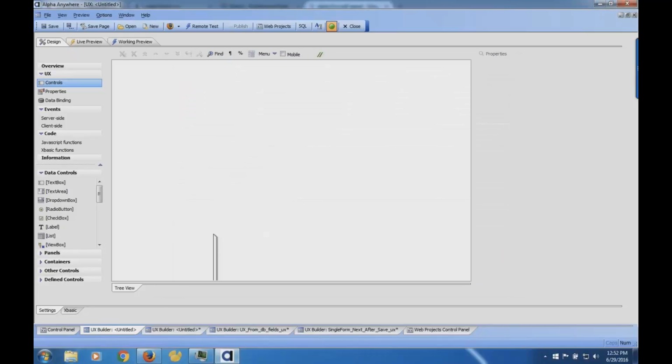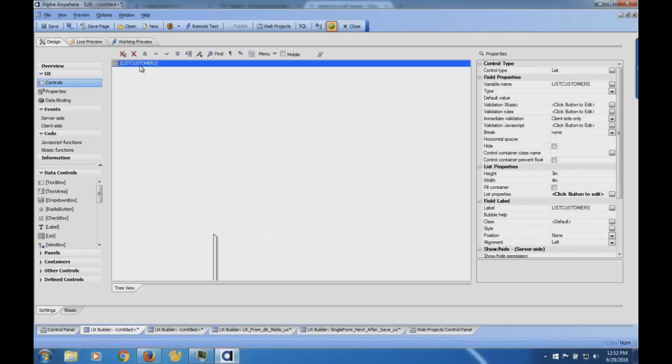Okay. So actually, let me do one other thing there. I could have added a detail view for editing and stuff like that. I just didn't do that. But let me go to the list layout here and make it look a little cleaner. So I've got company name, contact name.